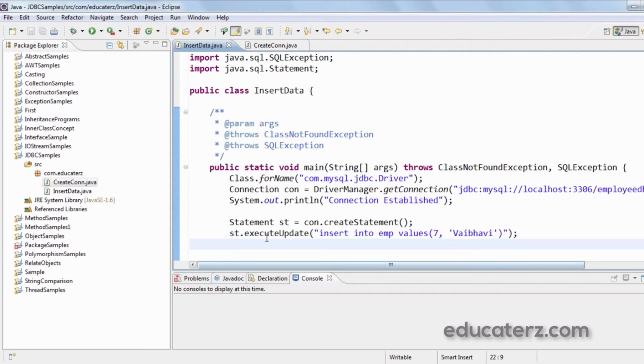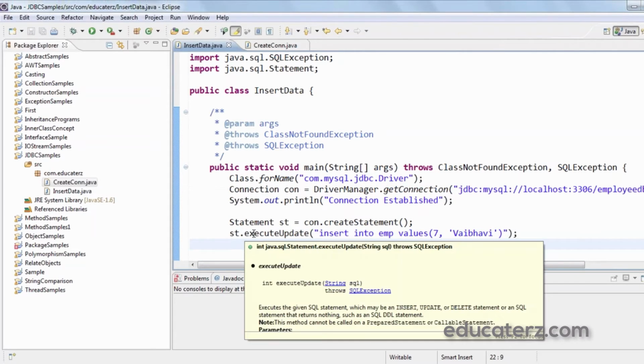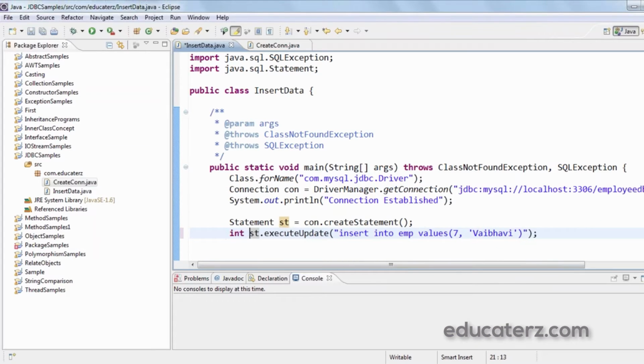Now the return type of this executeUpdate is integer. So I just capture it in a variable, rows affected, RE, and just print that: number of rows affected.